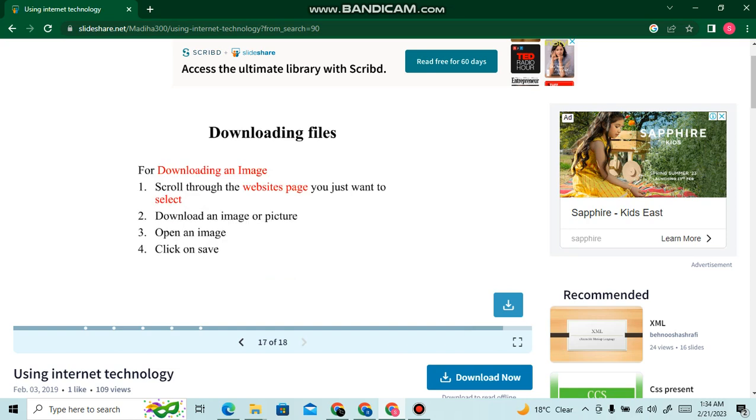Downloading files. For downloading an image, scroll through the website page you want to select. Download an image or picture, open the image, click on